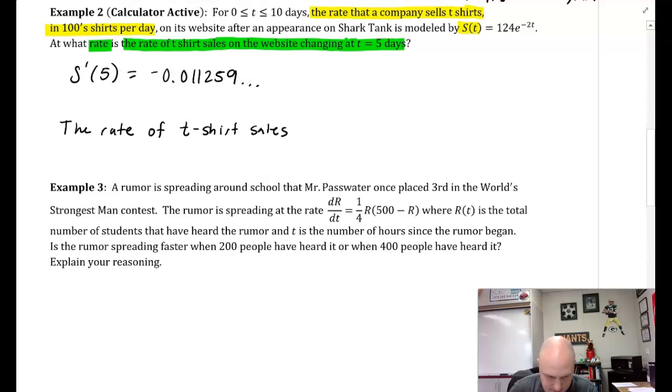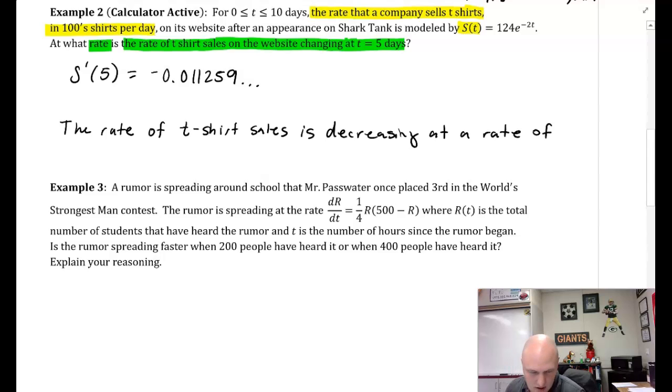T-shirt sales is, and what is it doing? Is it increasing or decreasing? Well, it's negative. It is decreasing at a rate of 0.011259